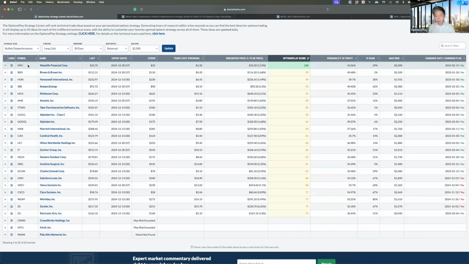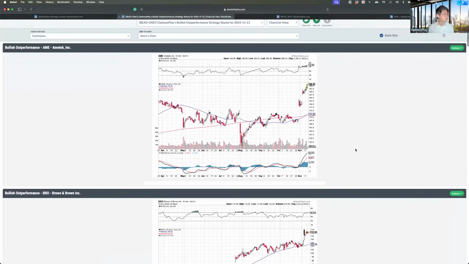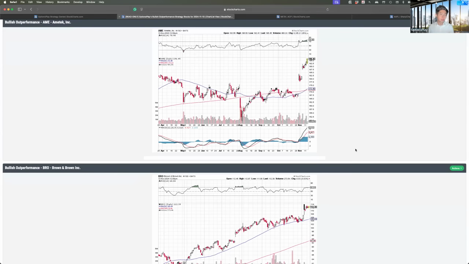I used to have a charting package up on another screen, type in one symbol, look at it, type in the next symbol, look at it, type in the next symbol. There's a lot of manual work that goes into just looking at this list to say, okay, out of these 30 stocks, which one do I really want to look at from a technical perspective? Well, the chart list makes that really easy, because it basically just takes all of the stocks from my specific